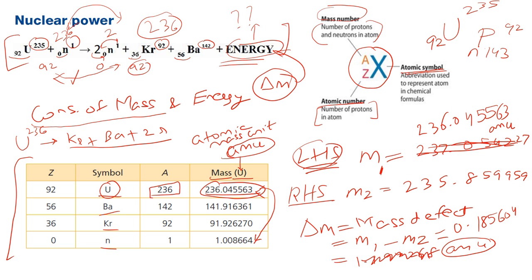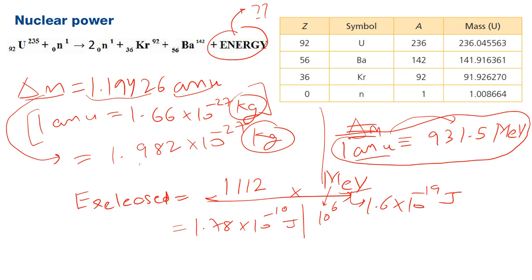Vaibhav and Smera, did you understand what the mistake we were doing? Yes. So basically in the question, sometimes they will give you the value of uranium 235. In that case, you have to add the neutron as well. So we need to make sure what kind of mass they have given, 236 or 235. So since this is the new mass defect, if we go to the next slide,